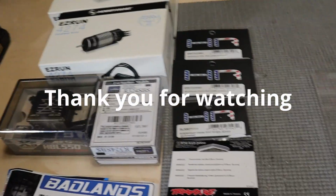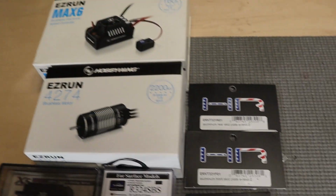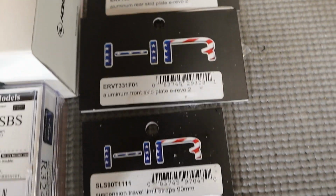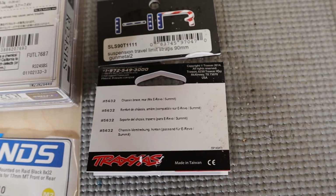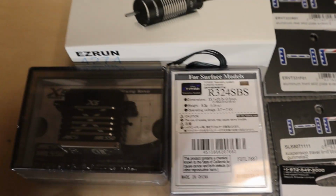Here's a look at most of the stuff that went in here anyway. So, some part numbers, if anybody's interested. So, the tires, the receiver, the servo,